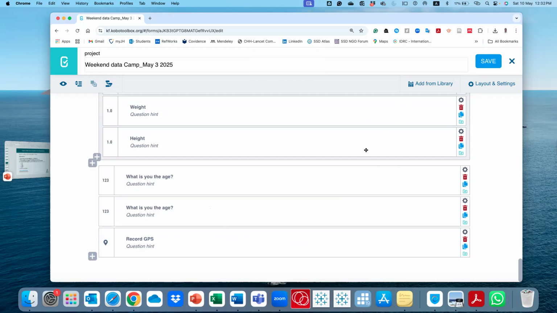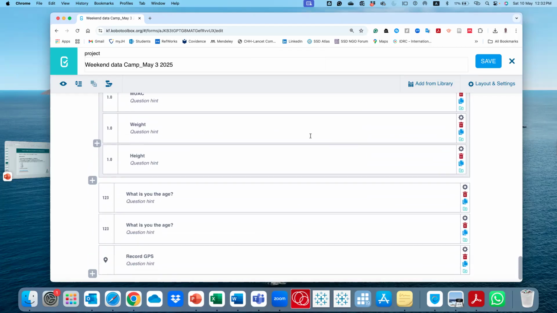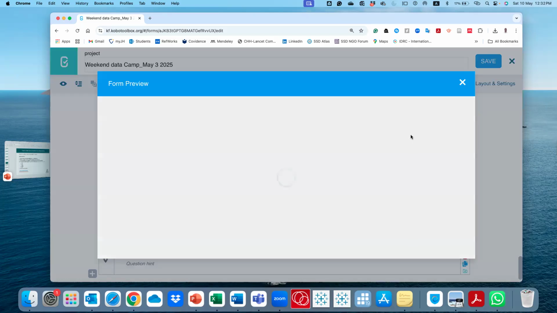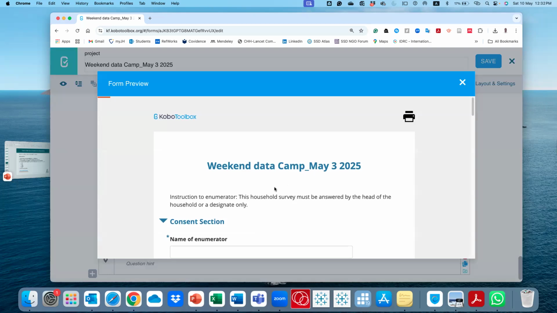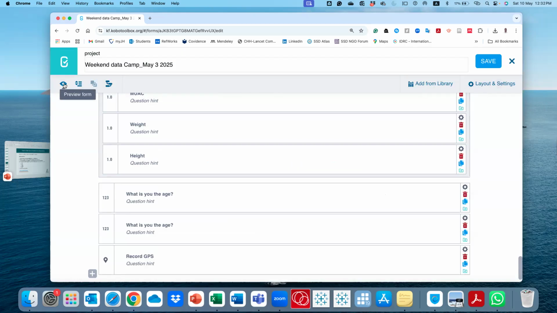So every time that you do this, you then save. Because I think as we said, if you don't save and the power goes or something, you lose all your information. So you can also do preview every time you move forward, just to know that you're not making mistakes or everything is looking good the way you want. You just come to preview.